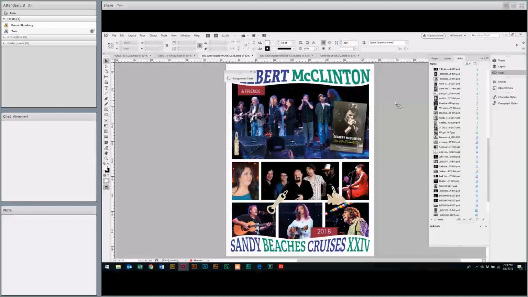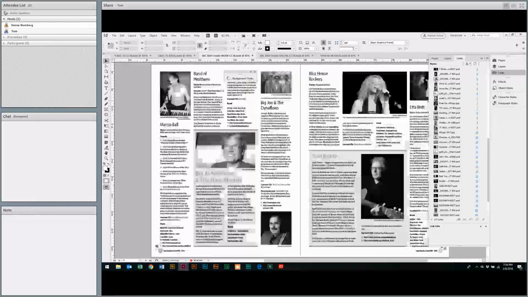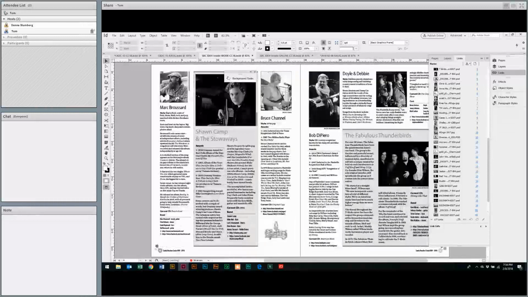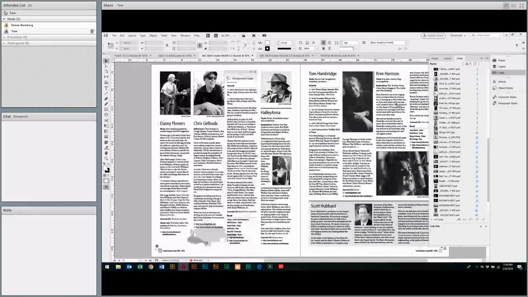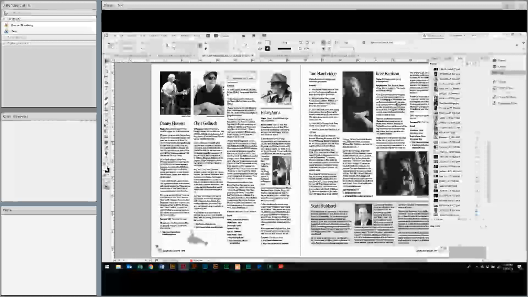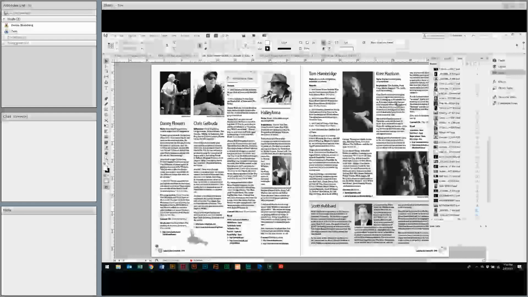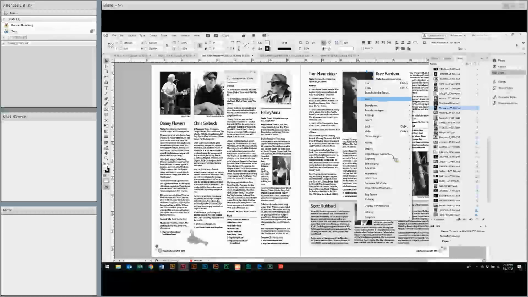Now, the cool thing is that this is the print file. As you see, the cover is in color, but the rest is in black and white. The first time, I had like one week to go until this cruise started with all the artists. And I had all the images in color. And I really wanted the quality to be the best possible. The pictures were all in PSD format. So I just opened them up in Photoshop, and I added